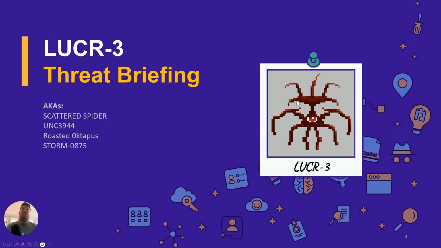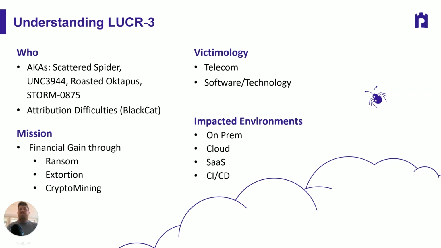Today, we're really here to talk about LUCR-3. You may know LUCR-3 better as Scattered Spider. LUCR is our designation for financially motivated threat actors. When it comes down to it, really, LUCR-3 likes to do the fun parts of the engagement. They want to get in, do the data theft, move around laterally, the things that are enjoyable for them. But when it comes down to handling the extortion, let's get the pros in, get Black Hat in to do